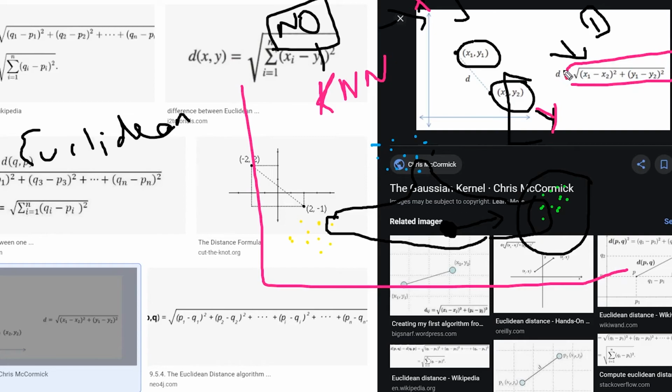But if we have, let's say, 10 features, because we can have multiple features to classify a point, as we saw in the logistic regression, then we are going to do this for every one of those features. So this is how it is going to work, and we will see how it works out.